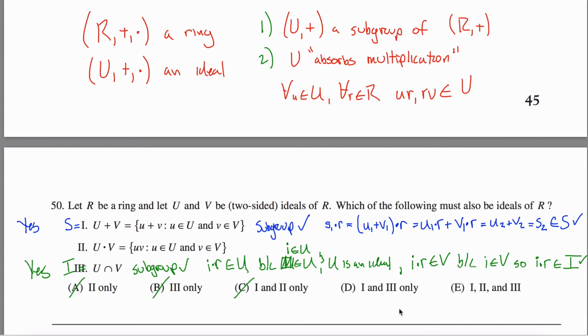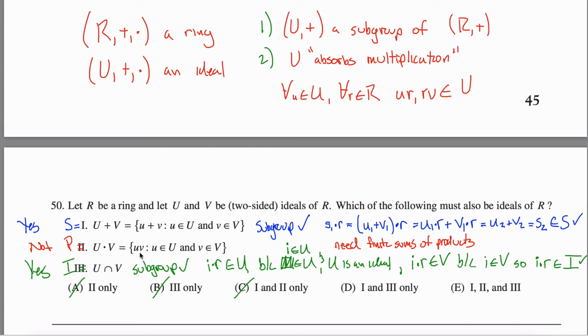It'll turn out that D is the correct answer, that 2, maybe I can squeeze this in, is not necessarily an ideal, so let's give this guy a name, call him P. It's not an ideal. What I really need here is finite sums of products, not just products. What I mean by that is if I defined P to be U1 V1 plus U2 V2 plus U3 V3 plus ... plus Un Vn,